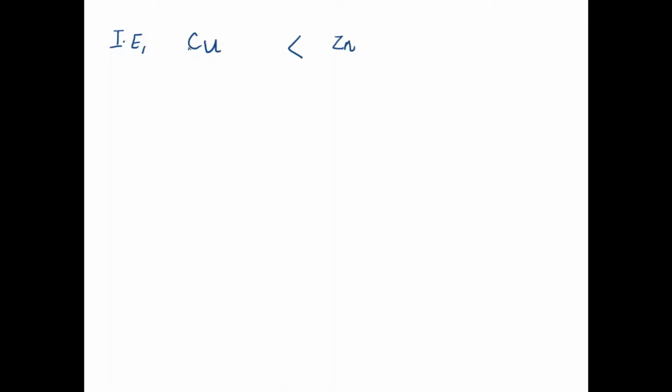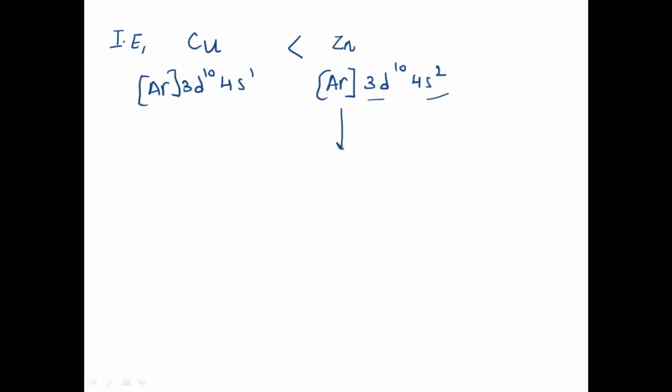The reason is that the first ionization energy of zinc, atomic number 30, has the configuration 3d10 4s2, fully filled. Copper has the configuration argon 3d10 4s1. Due to the extra stability of completely filled orbitals, the first ionization energy of zinc will be greater than that of copper. Now, when one electron